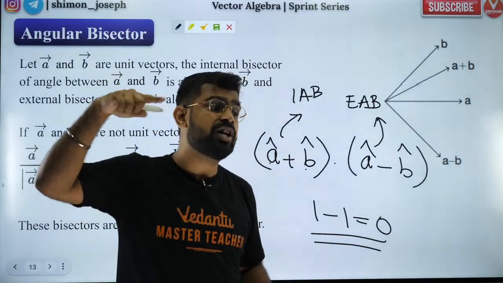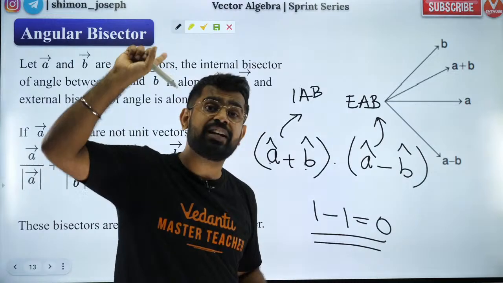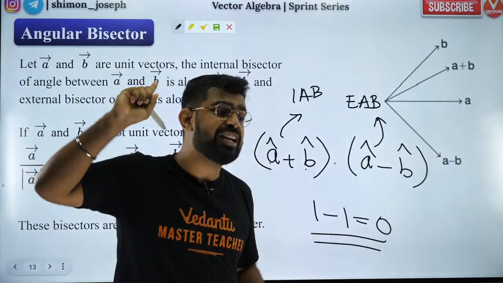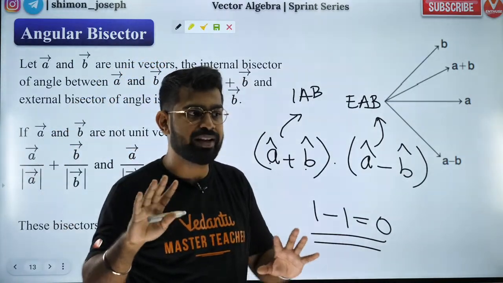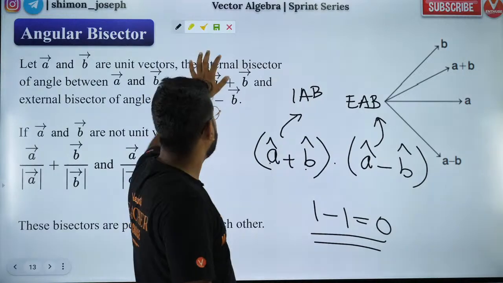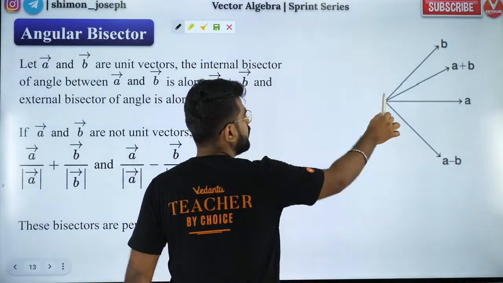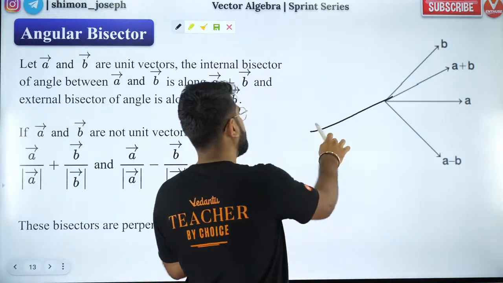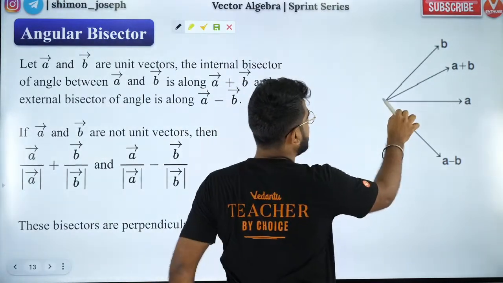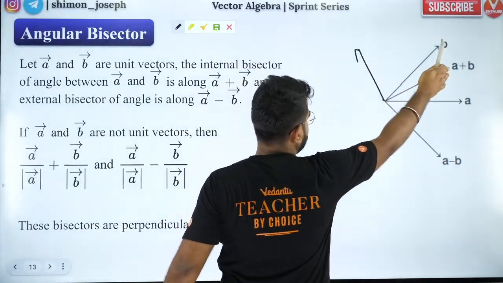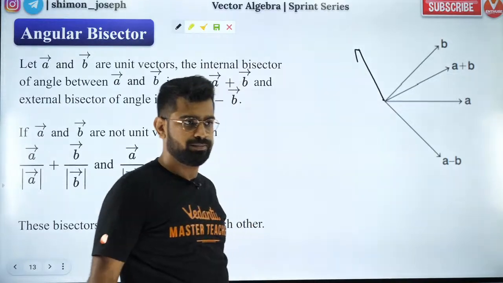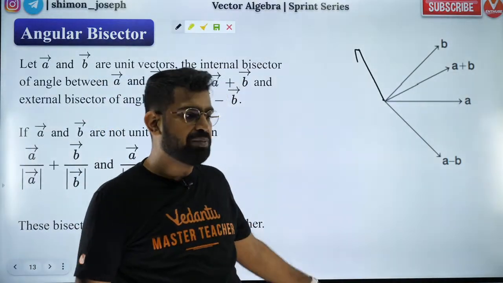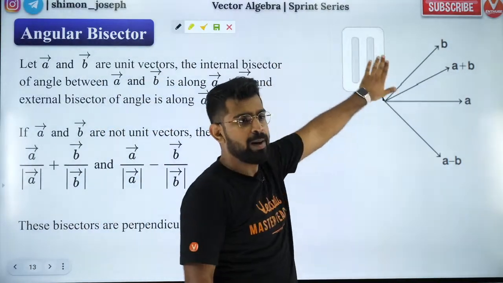Acute angle bisector, obtuse angle bisector, even in triangles and straight lines, there also it's 90. It's not 180. I think the way I drew it, I told it wrong. I drew it like this, and that was wrong actually. This is not the external angle bisector. The external angle bisector is actually like this. It will be perpendicular to your internal angle bisector. Got it? Did you guys like it? Shall I move forward?